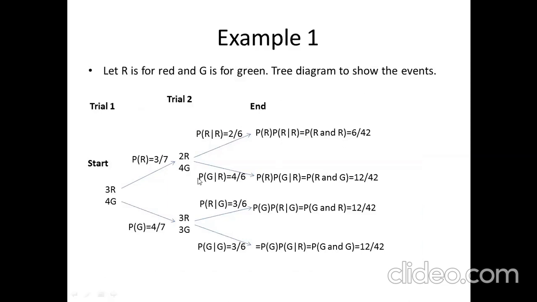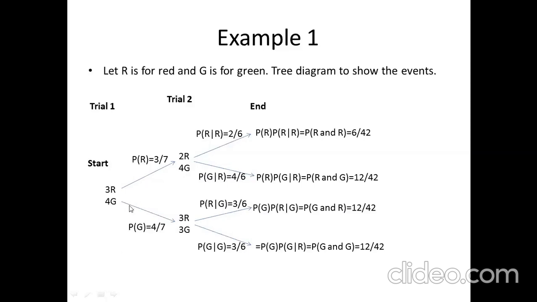We have ones in this branch combination, that is red and green, and we also have one red in this branch combination arising from green and red. In both the cases the frequency was 12, but since they were mutually exclusive cases, the rule of product says 3 into 4, 12 for the first one, and 4 into 3, 12 again for the second one. But the rule of sum says it will be 12 plus 12, that is 24, because the rule of sum applies to any situation where we have any one of them occurring.